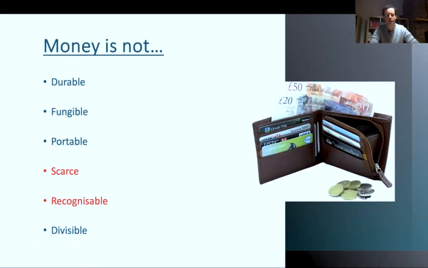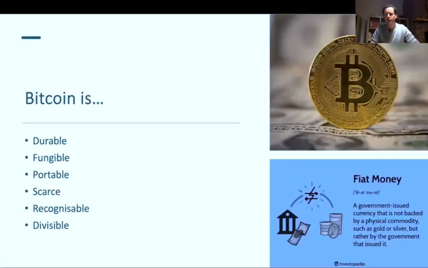And remember, the money we have today, we've got notes, we've got coins, we've got cards, we've got digital money. But what we're really looking at in this video is Bitcoin, and comparing Bitcoin to the money we know more recently. So let's look at that now. Bitcoin, in my opinion, fulfills all of the properties of money, and it's perhaps the first ever to do so. But it also has a property of money that nothing else ever has, and it's not on this list.